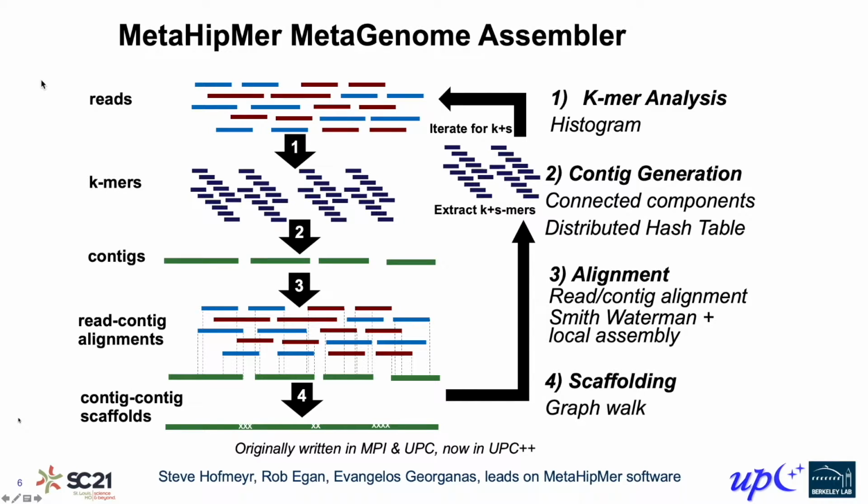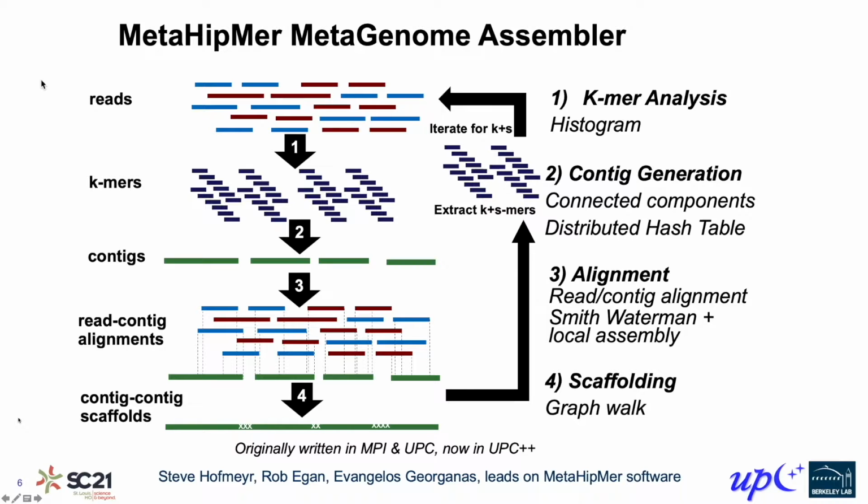We do this by chopping them into fixed-length strings of some length k called k-mers. We then count the number of occurrences of each k-mer and throw out those that occur only once because they're probably errors. We then take those k-mers and treat them as a graph where each k-mer is connected to the one on the left and the one on the right that occurred before and after it in the input. The connected components on these graphs will form contiguous strings we call contigs.